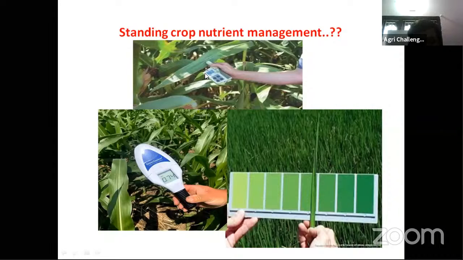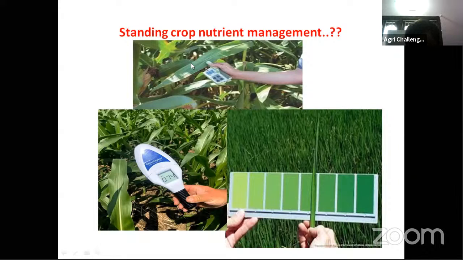If nitrogen is more, then chlorophyll content is also automatically more. Because of that positive relation, we estimate chlorophyll, and based on that chlorophyll content there is a formula. We arrive at the nutrient requirement at that stage, whether the plant requires nutrient or not.